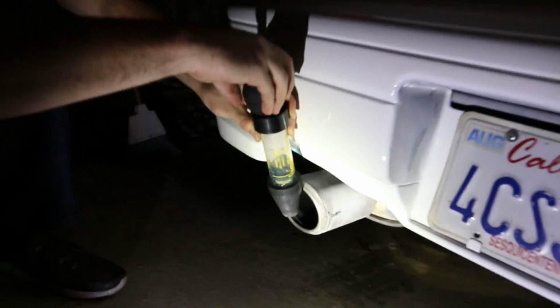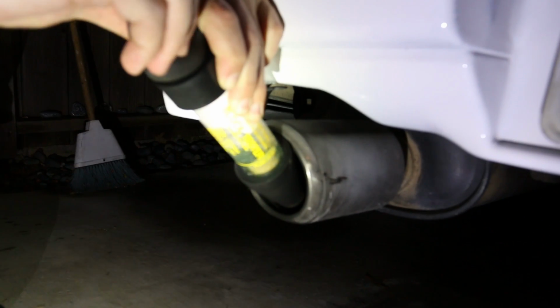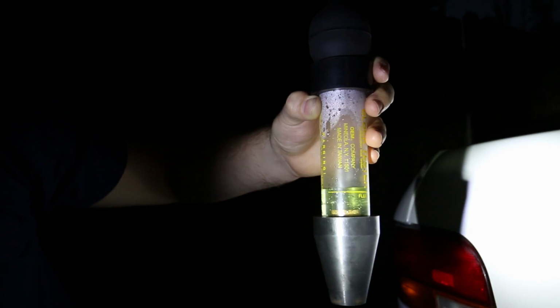So we're gonna try something real quick. We have no clue if it's actually gonna work. We just wanted to sniff some exhaust and see if it changes color. Sounded like a fun idea. We want to see this thing actually change. I think it's getting lighter. Is it? It kind of looks a little bit lighter. Maybe. Yeah, there we go. You guys can see now that it's totally yellow. So we just sucked some exhaust. Ideally that's just how this thing works, sucking up those carbon emissions, and it changes the fluid